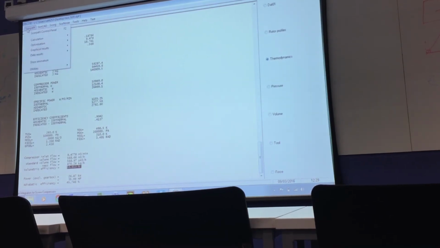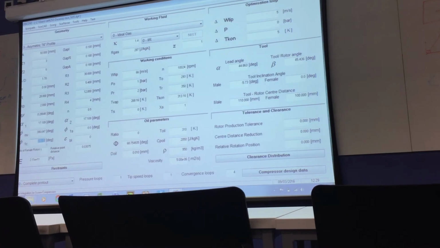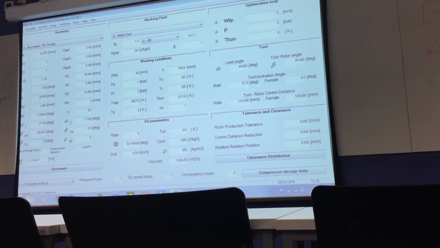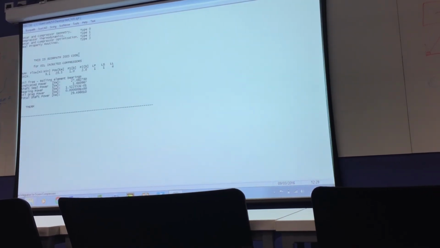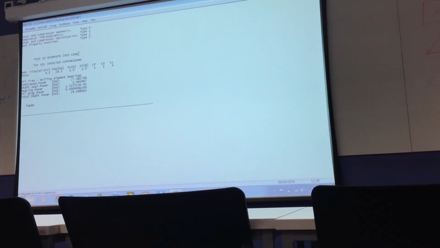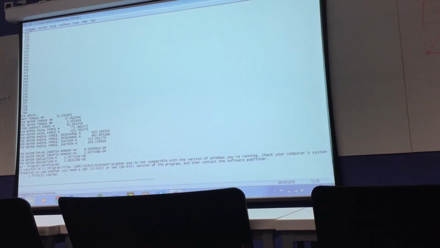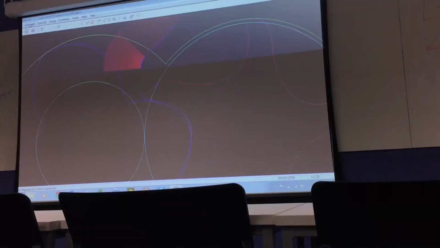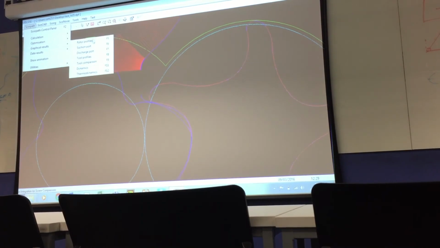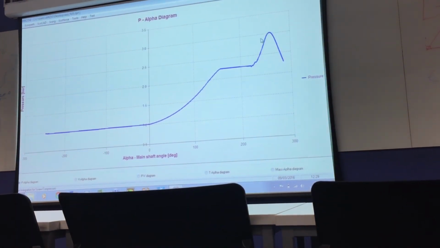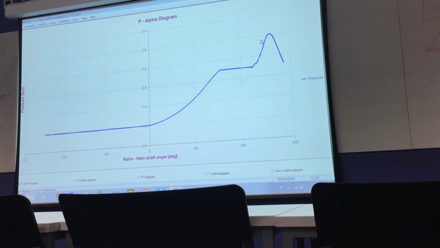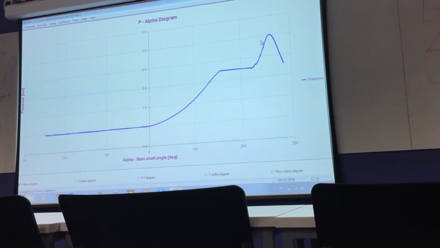If I go further, then the pressure has increased much. Okay, so depending on where you are ending the compression, the internal pressure rise will change.